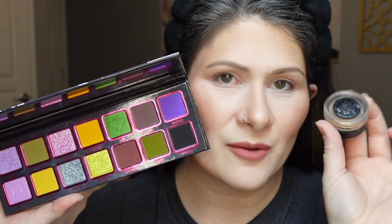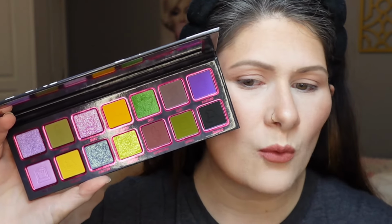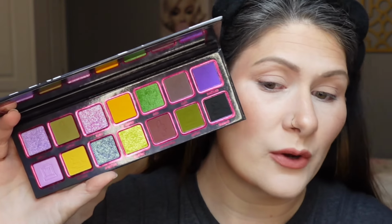I have already gone ahead and primed my eyes with my MAC paint pot in the shade Painterly, and I think for this I want to play with these oranges and maybe some of the purples as well. I have a look in my head and we'll see how it goes, but I'm going to go ahead and